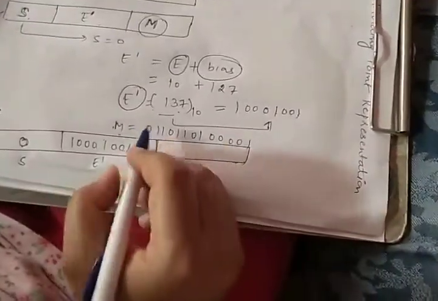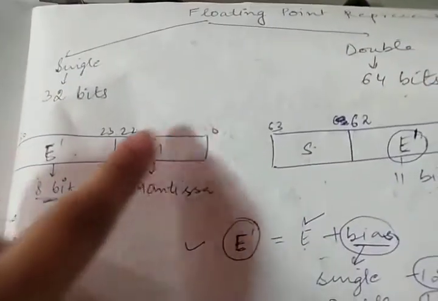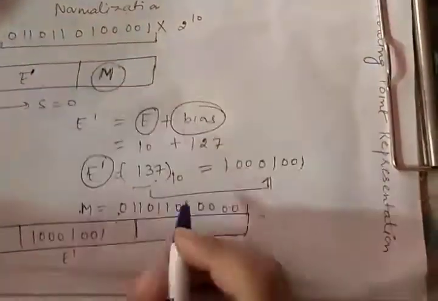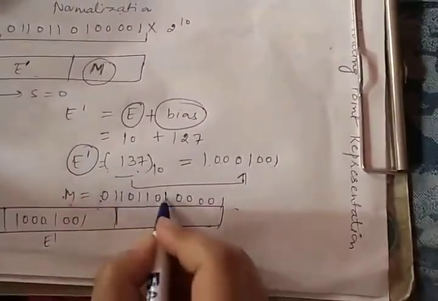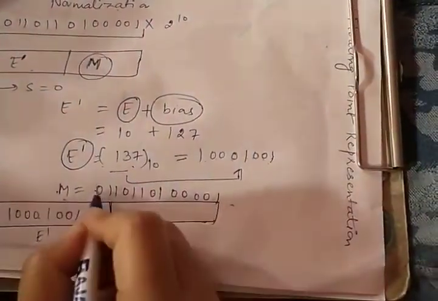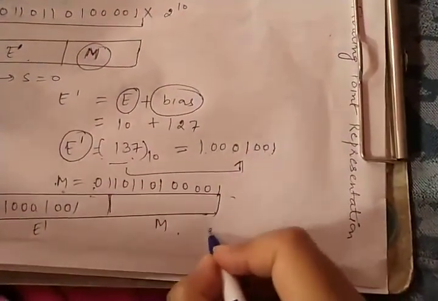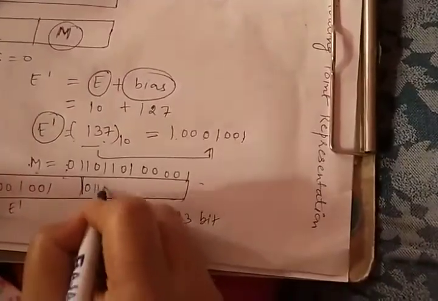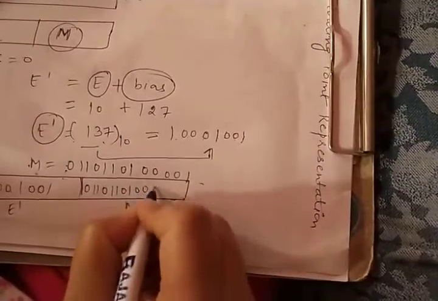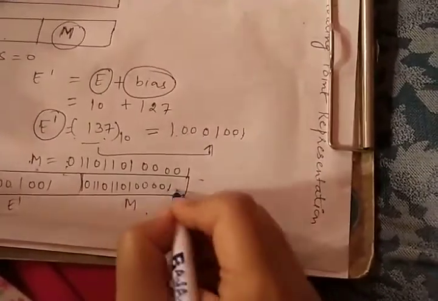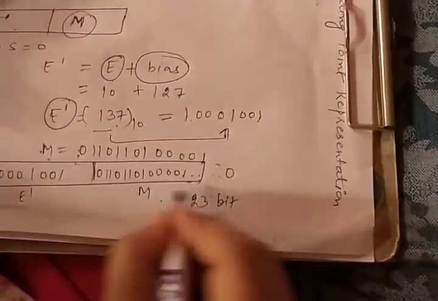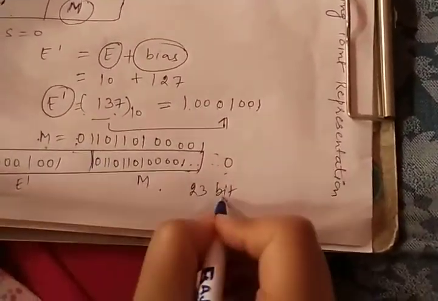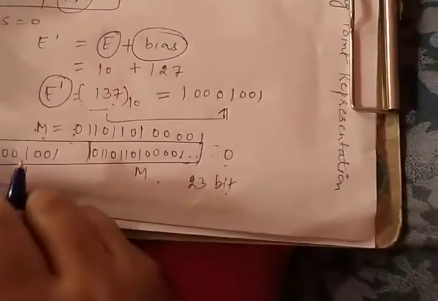So the mantissa part, that is this part, will consume how many bits? That is 0 to 22, which is 23 bits. You can see that these are 1 2 3 4 5 6 7 8 9 10 11 12 13. These are only 13 bits, but our mantissa part has 23 bits. So what we are going to do is write this out, this bit, and so on up to 0, because these bits are reserved for 23 bits, but we do not have sufficient bits, so we are going to add 0s at the end.